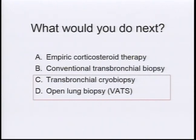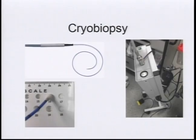understanding of the disease process going on, because you can see the entire lung architecture, so you can see what components of the parenchyma are affected, vascular parenchyma. You need a big section of tissue to really understand the pathology of interstitial lung disease, which is very complex for pathologists to figure out. So I'm going to make a case that if you're going to biopsy, you can either go with a VATS or a transbronchial cryobiopsy, which is sort of what I do and what I'm going to talk about